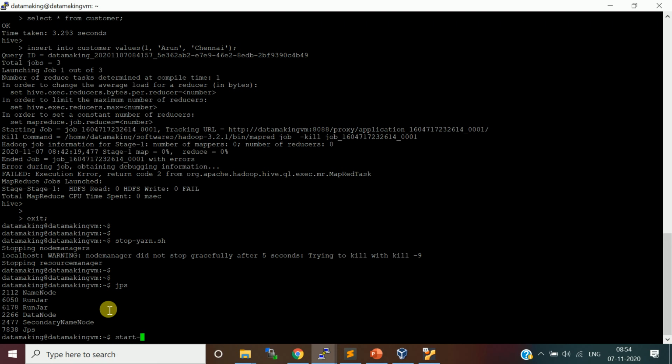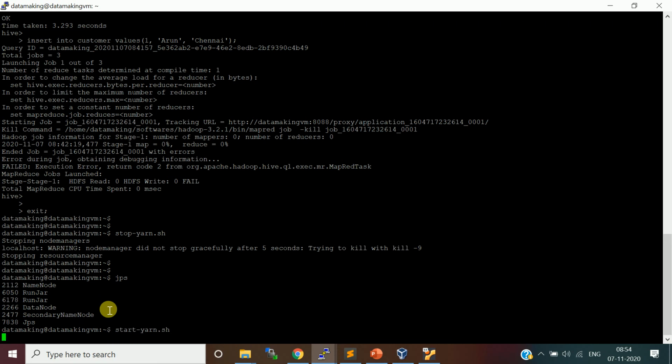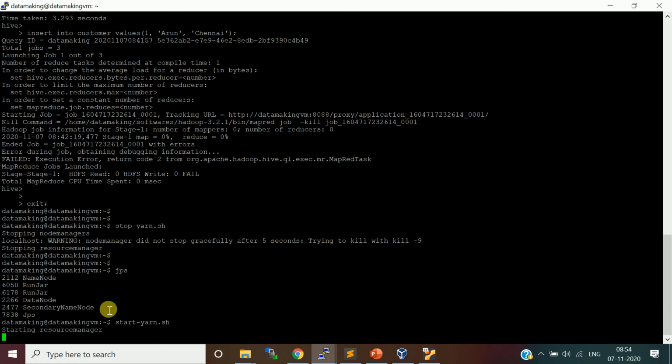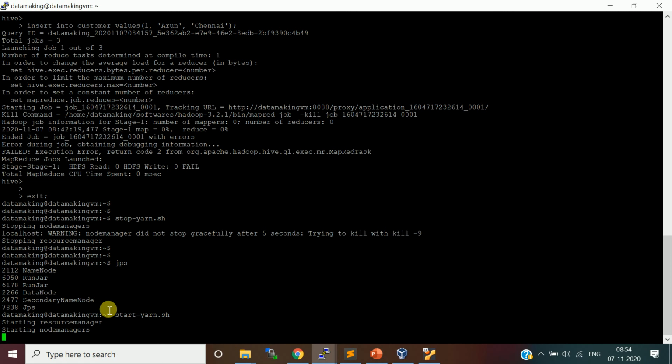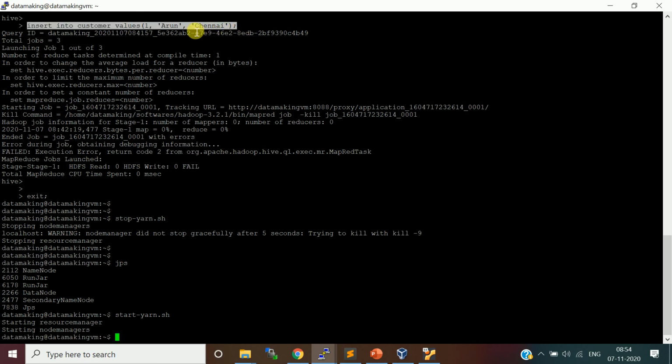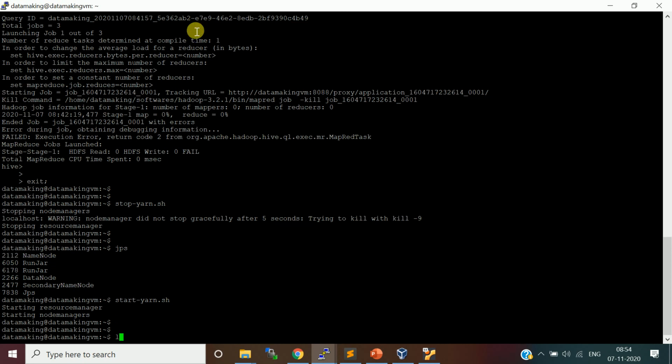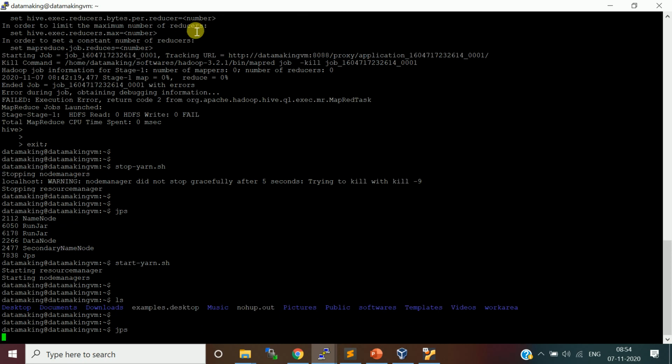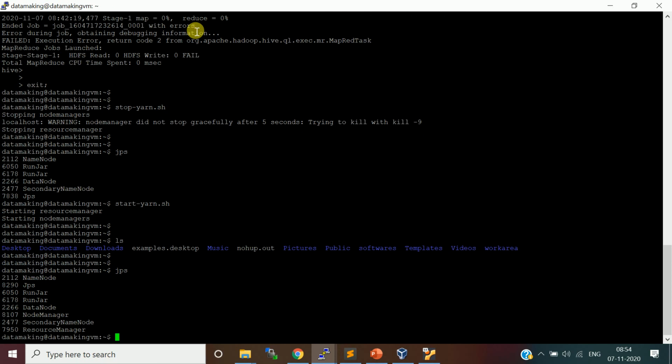So I'll start the yarn again, and we'll go and insert this data again. We'll check if it is getting inserted. Now I'll run JPS. I should see the NodeManager and ResourceManager started.